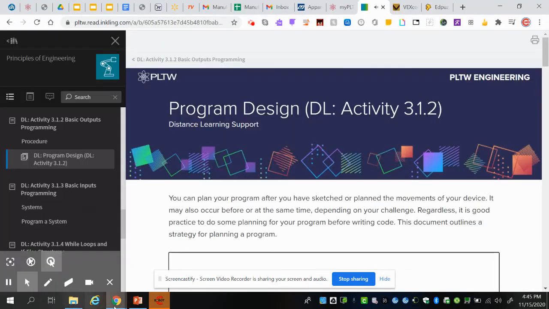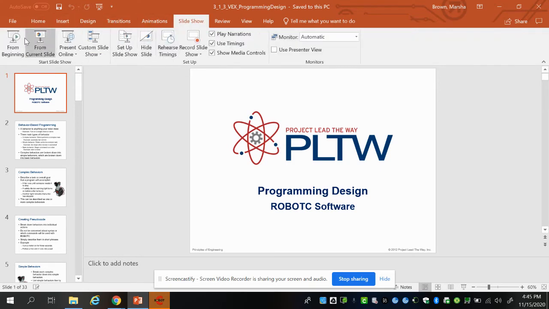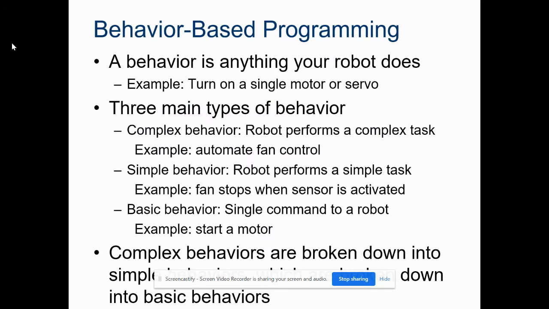All right, so we're going to look at those behaviors. You're going to do Robot C and/or explore VEX VR. So let's just look at this PowerPoint real quick. We talked about the behaviors, complex, simple. So we'll start with simple tasks, and then you'll get to have some fun and make your own complex examples